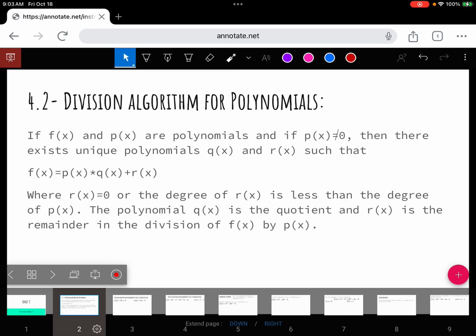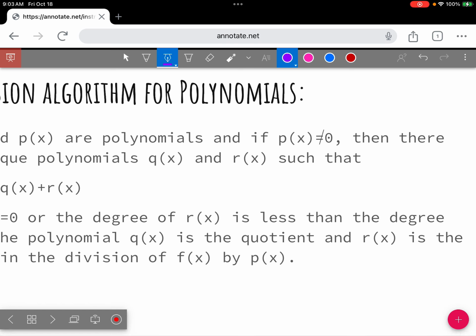All right. So this is the start of section 4.2. What this is talking about is essentially division. We're going to take polynomials and divide them. They've really overcomplicated things here. All they're saying is if we do division